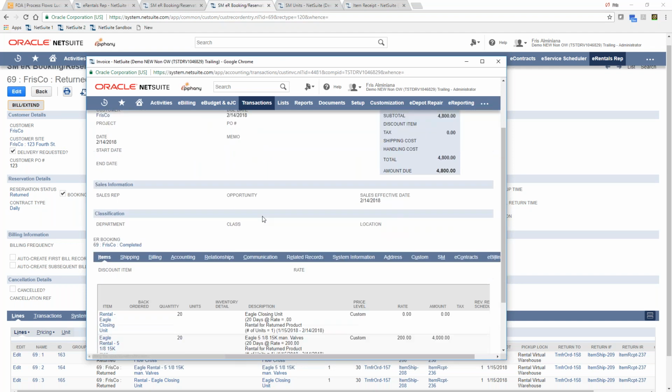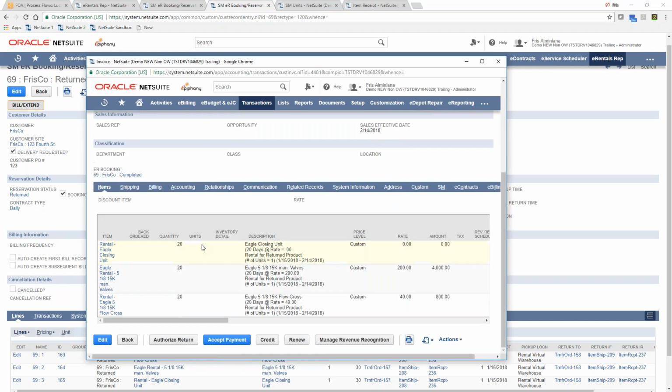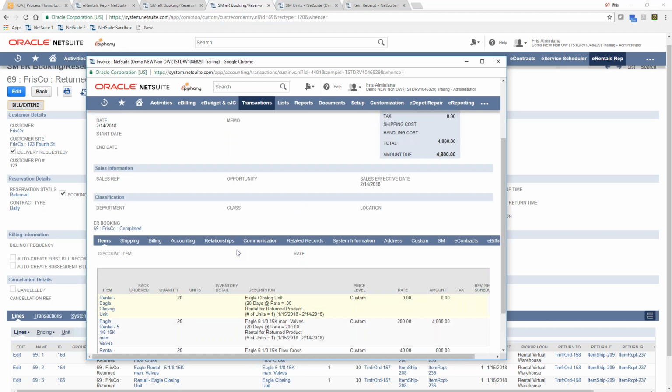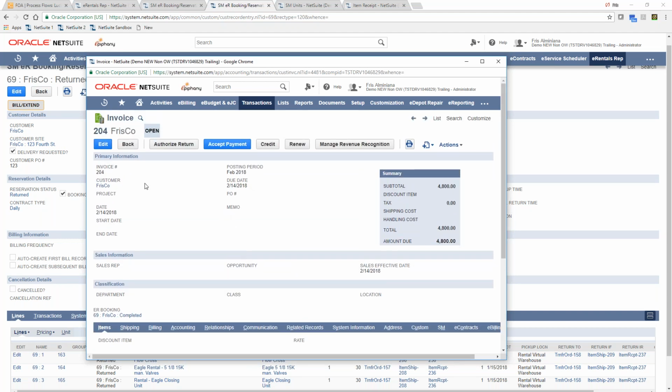So here's your invoice. As I've said, it will be creating 20 days' worth of rental billing because I've overwritten the number of days. I could just leave it based on the number of days calculated by the system, or overwrite it and just enter the days that I want to bill the client for. So this is your invoice, and from here you could modify it if you want, or you could just send it to the client, email it to the client. You could auto email it using native NetSuite functionality,